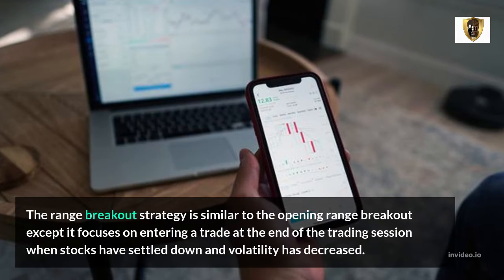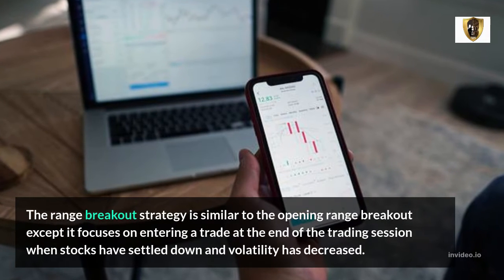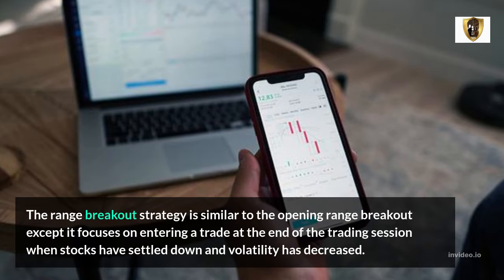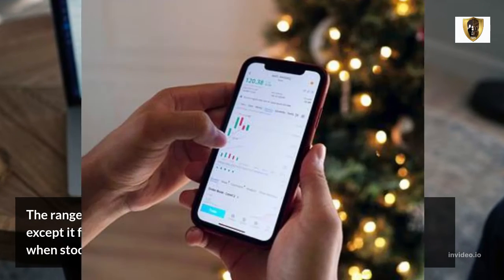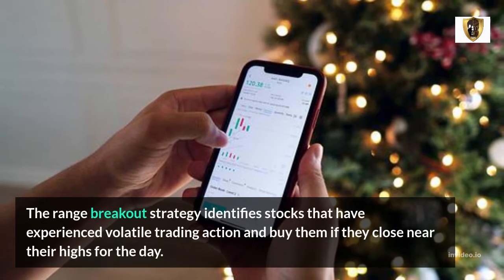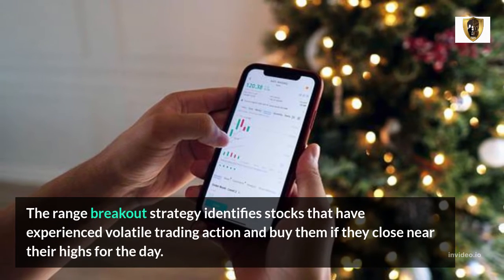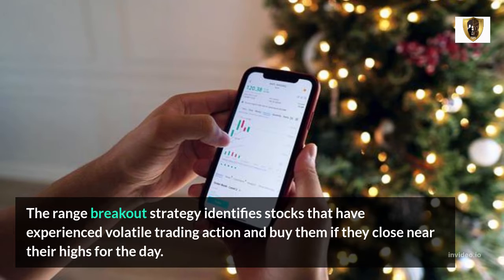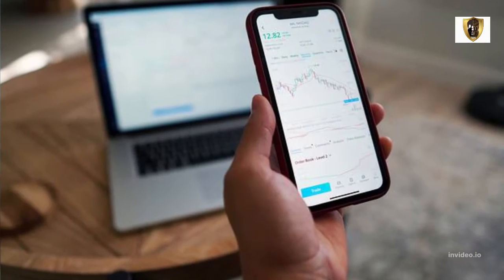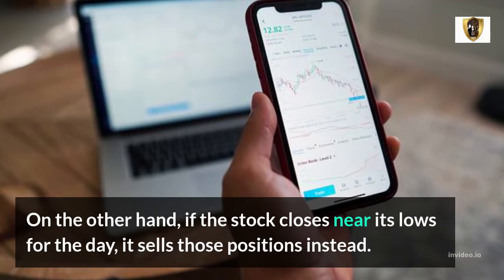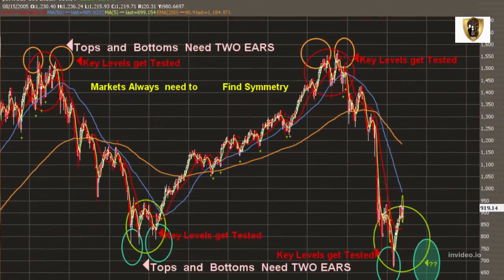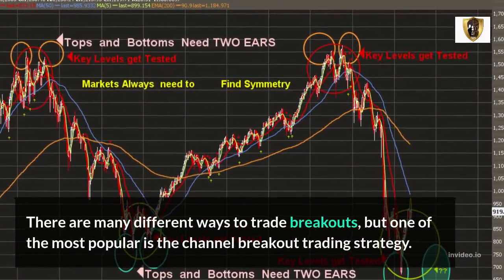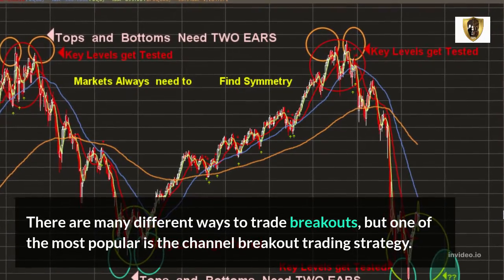The range breakout strategy is similar to the opening range breakout, except it focuses on entering a trade at the end of the trading session when stocks have settled down and volatility has decreased. The range breakout strategy identifies stocks that have experienced volatile trading action and buys them if they close near their highs for the day. On the other hand, if the stock closes near its lows for the day, it sells those positions instead. There are many different ways to trade breakouts, but one of the most popular is the channel